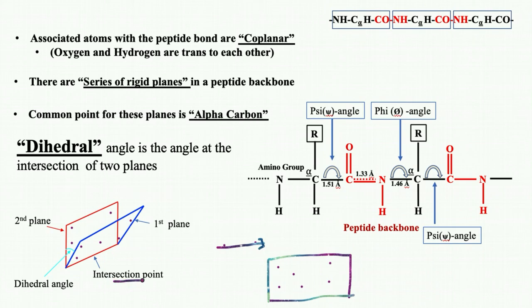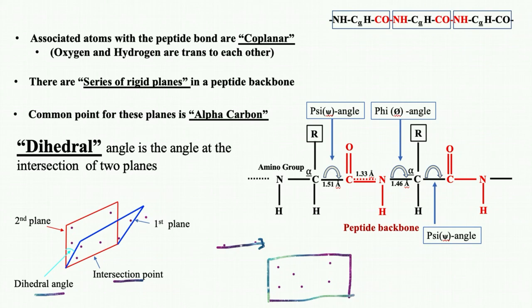It is also known as the intersection point. And these two planes are sitting together at a certain angle, and that angle is known as the dihedral angle. So the dihedral angle is very important. If that dihedral angle is small, that means the planes are very close together, and if that dihedral angle is bigger, that means the planes are quite far away from each other.